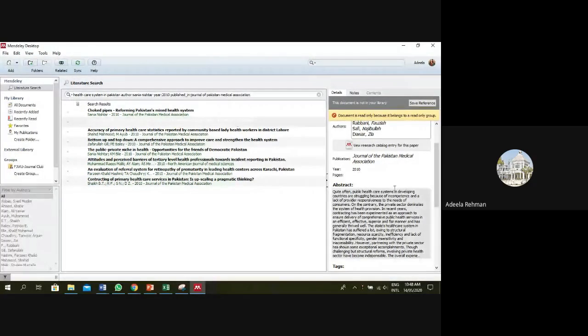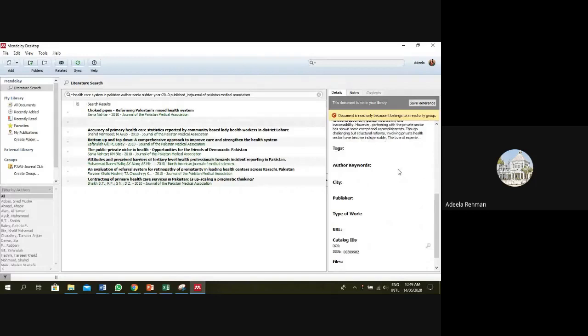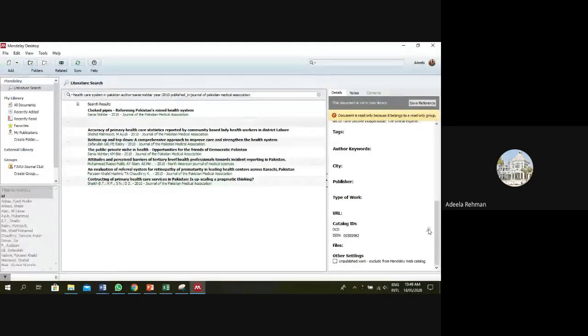If you feel that yes, it is relevant and I want to read the full text, how do you read the full text? Scroll down this right pane. Moving down, there is a DOI. For the students who do not know about the DOI, it is a code which is given to your articles to search your article on the website. It is a unique DOI which is given to articles or journals, which cannot be replicated for any other articles or journals. So when you click on this DOI search icon,